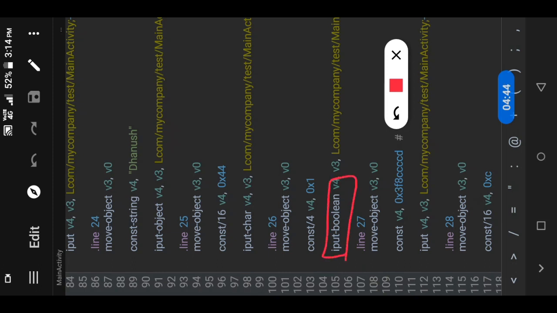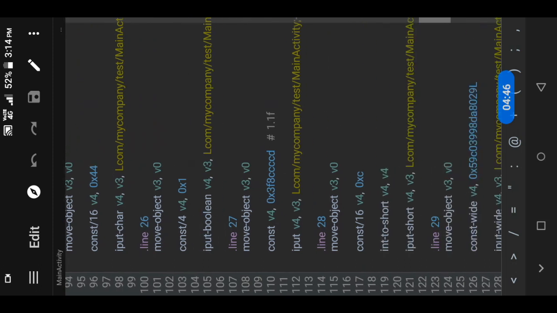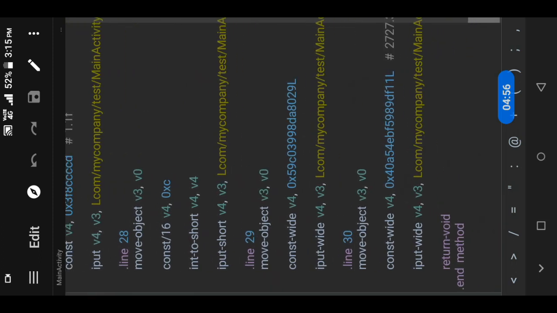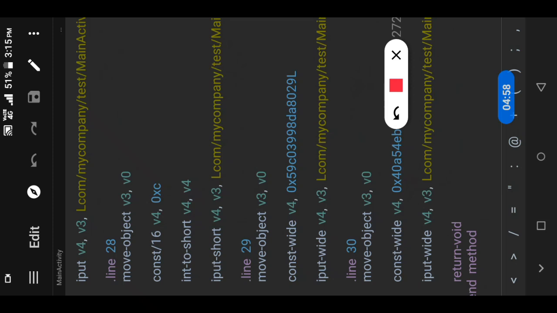For float also it is normal input, for short it is input short, and for long and double we have input wide, since it is a wide range of numbers. In this way you need to analyze which keyword is being used for what.